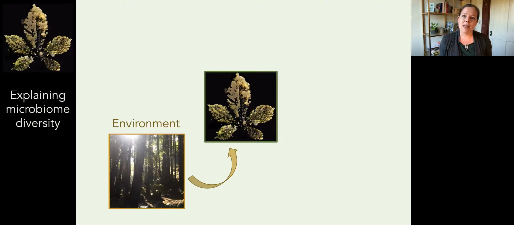I think about the many factors shaping the microbiome, and in today's talk I'm going to talk about four of them. I'm going to do a ride around the carousel and give you little vignettes of each one. The first factor I think about is the environment. For example, how does the local pH, temperature, or shade affect the microbes that are found there? The other part of the environment that's important is the amount of resources that are there, and the types of resources as well.